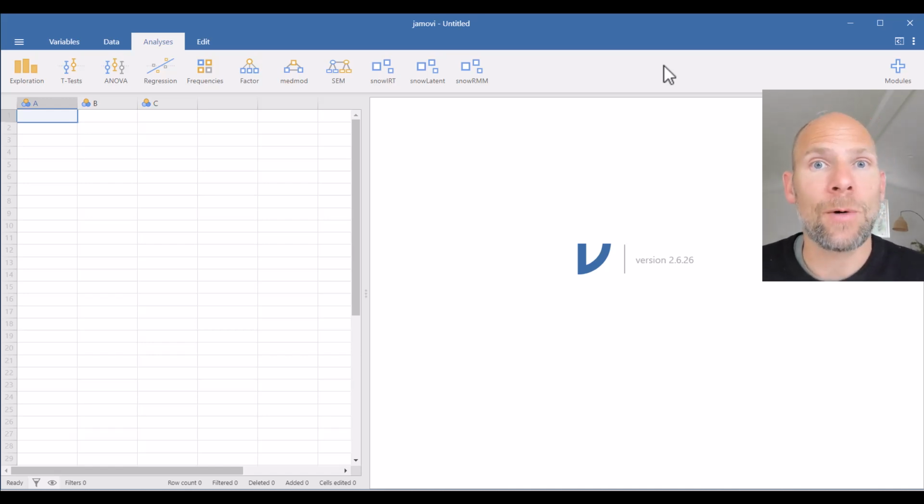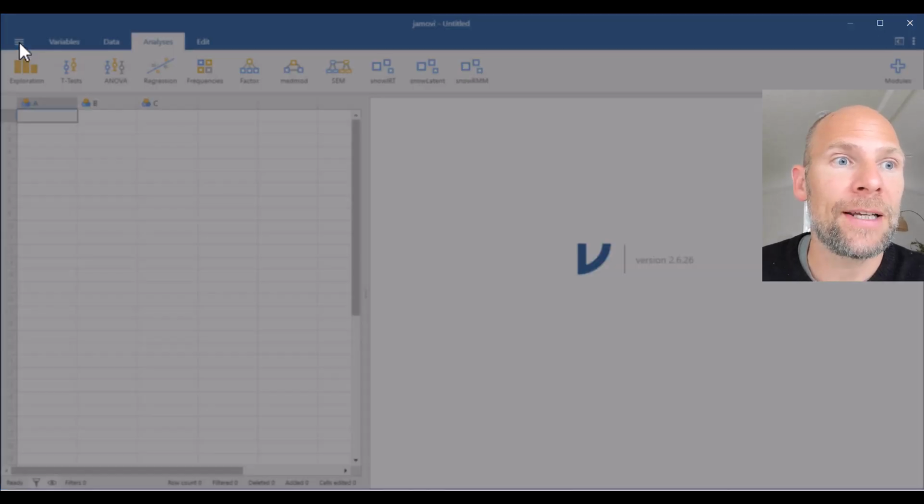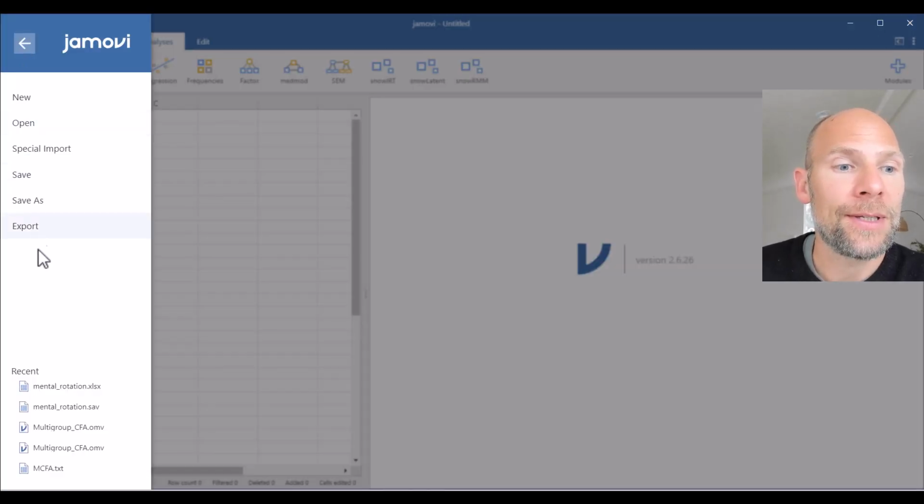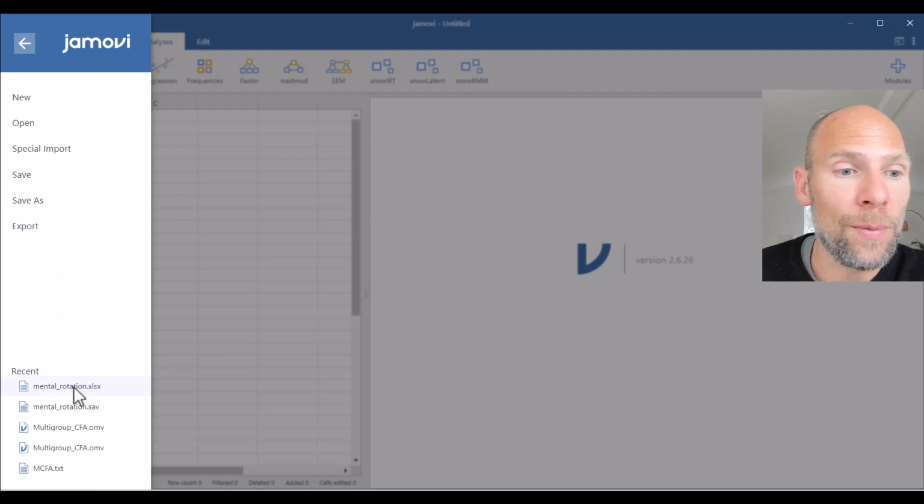The first thing that we're going to do is open a data file, and for that we click on the upper left hand side corner. And so here you can see I already have a few data files that have recently been used. If you don't have that here, you can go to open and browse your computer, find the data file that you want to use. Jamovi allows you to open SPSS data files, text data files, Excel spreadsheets, and also other formats. So in this case, I'm going to open an Excel spreadsheet that is named